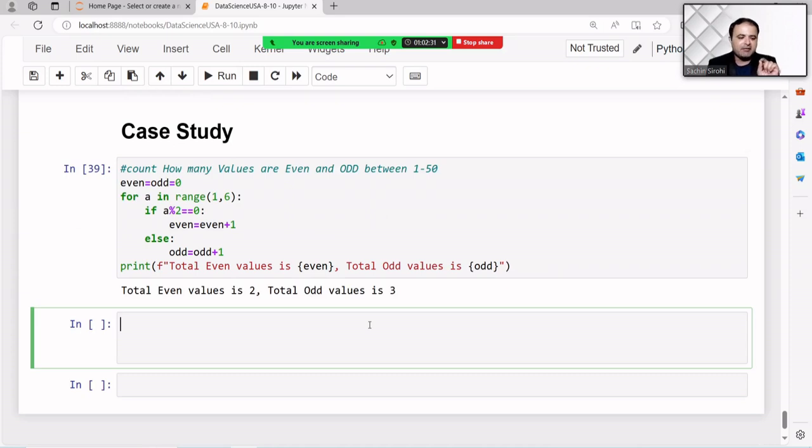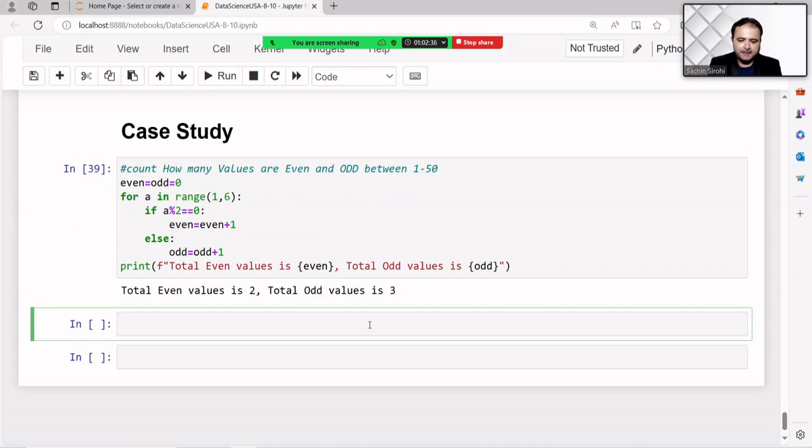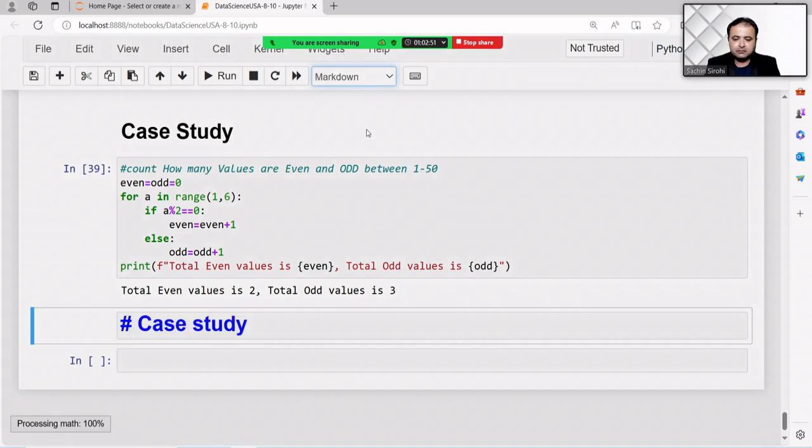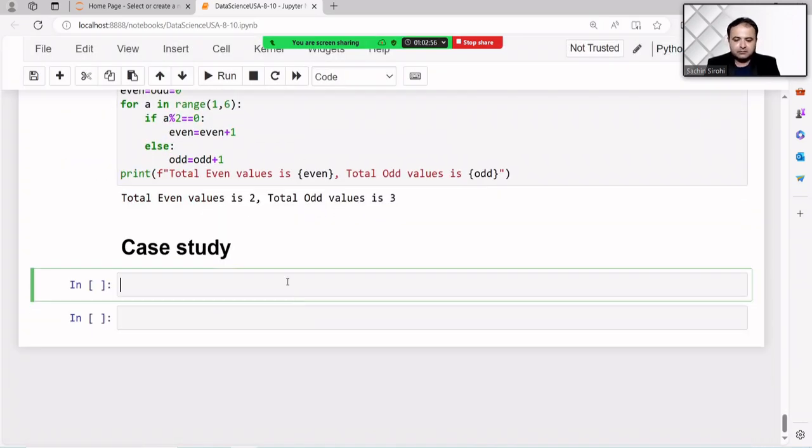Now I'm giving a small case study before the break. So I'm just passing here the salary of the employee.